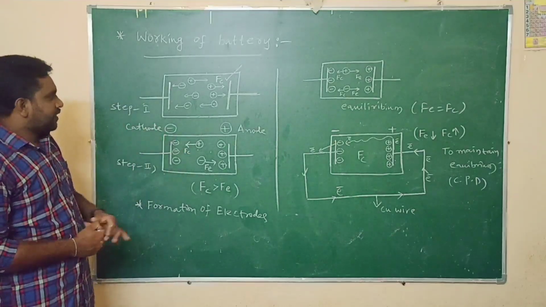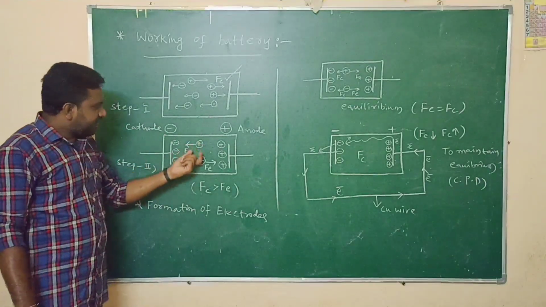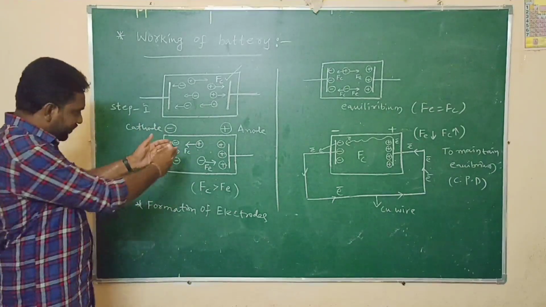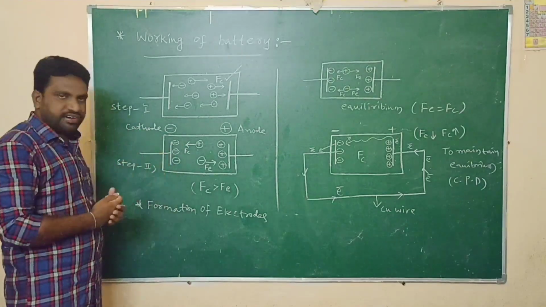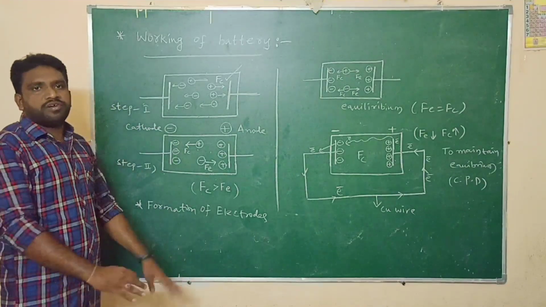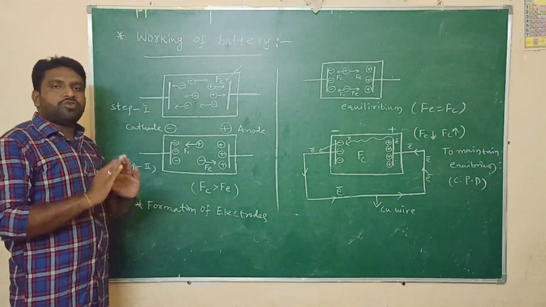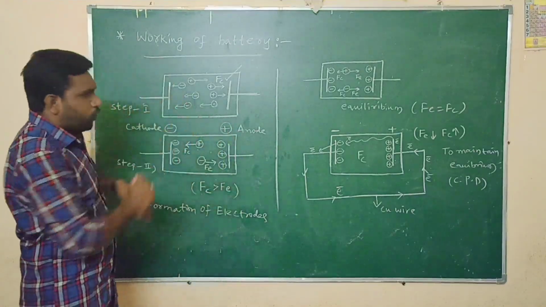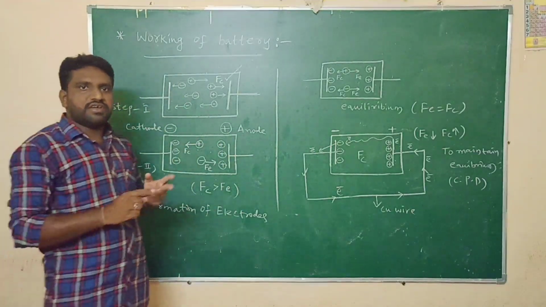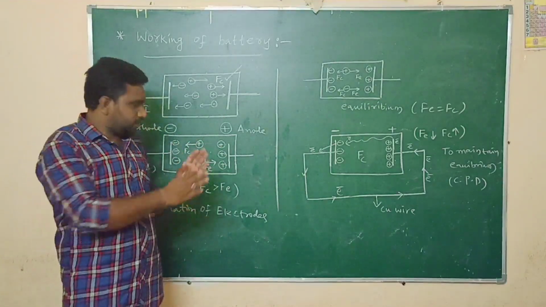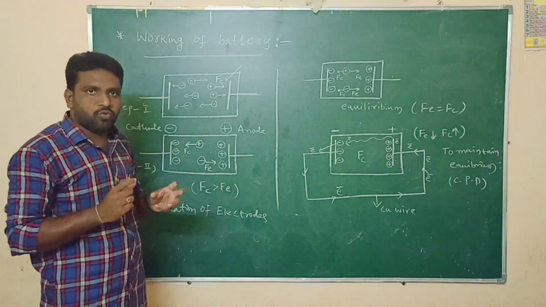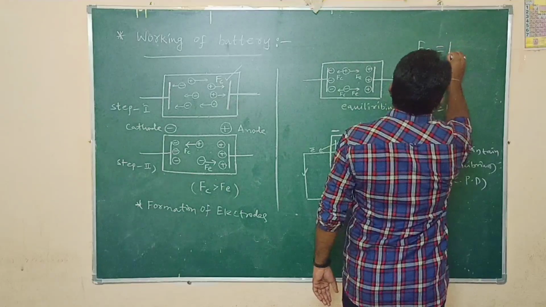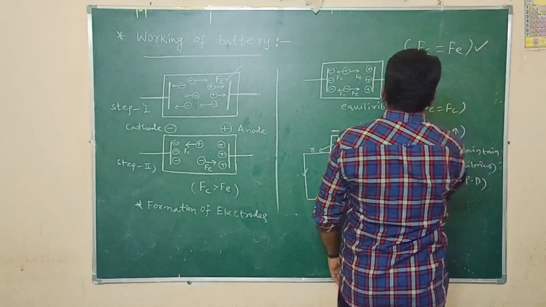Right, so this is the next step. Everything is fine here, but remaining ions are there. Now, how much time do they have to move? How much time do they have to migrate with respect to their opposite-charge electrodes? Until both the forces are in the equilibrium state. Here we have two forces: one is the chemical force, one is the electric force. They have to move in their own direction until the chemical force is exactly equal to the electric force. This is nothing but the equilibrium state.